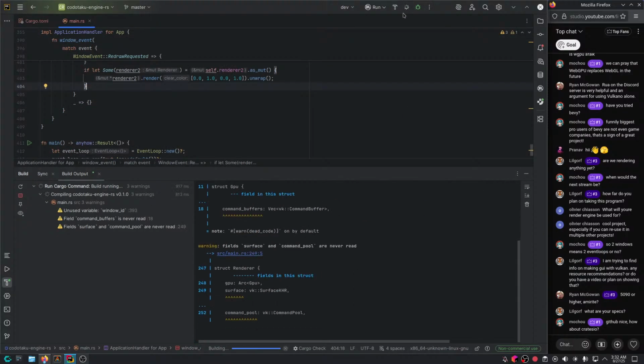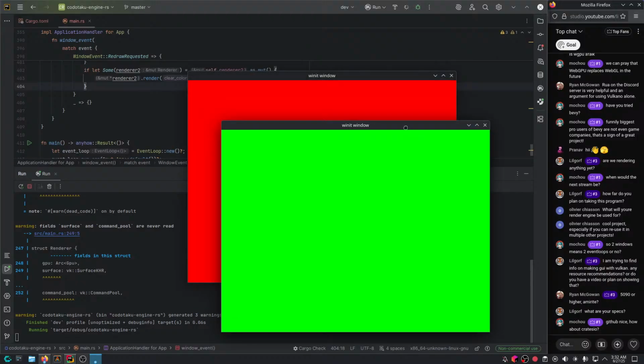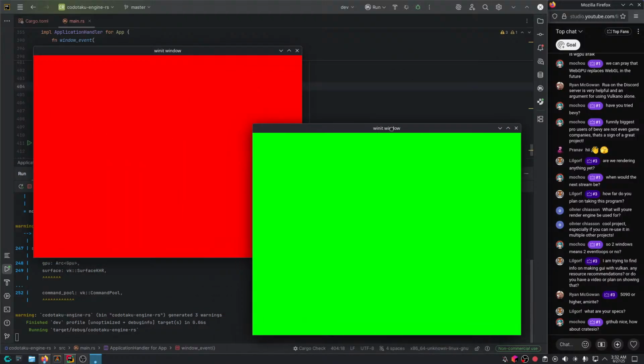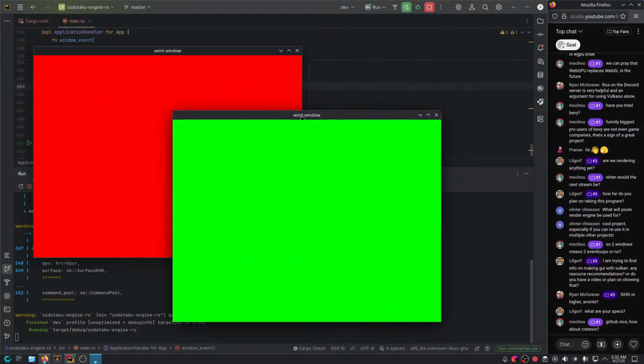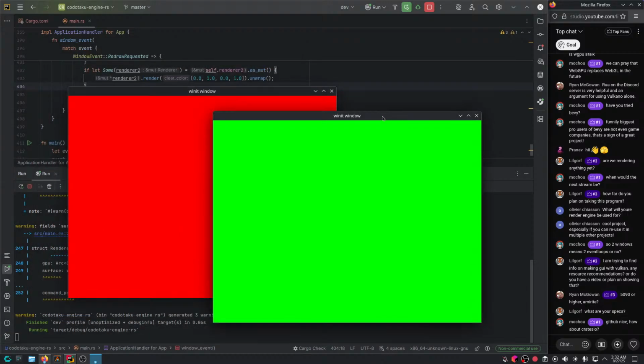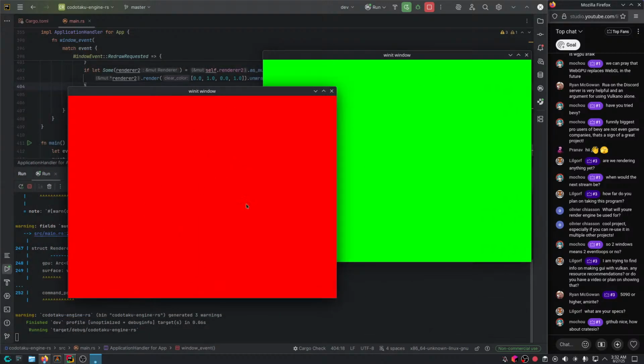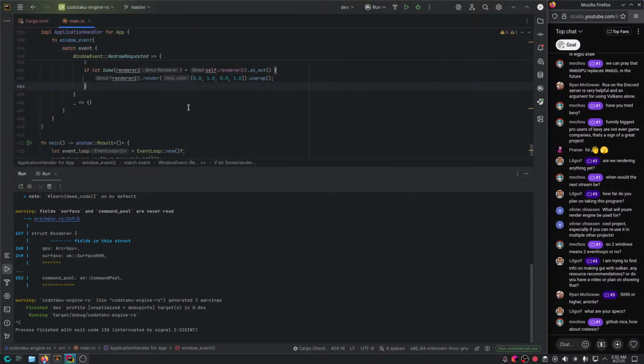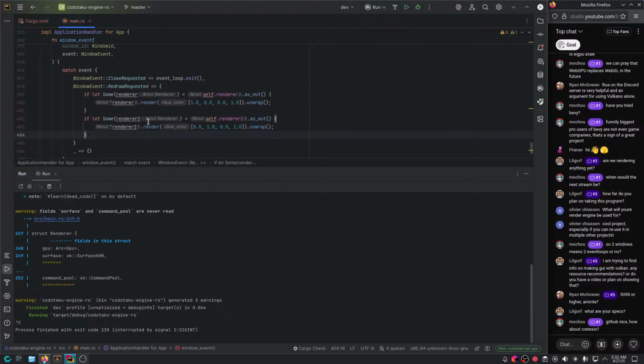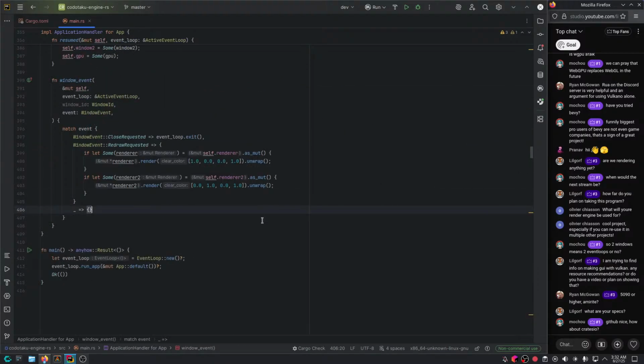How about crates? Well, crates not now. It's too early for crates. And as you can see right now, we have two windows being rendered using Vulkan and Rust. One has this color and one has this color by just changing this. There you go. And so yeah, guys, that was it for the stream. If you have any questions before we end the stream, that was it.